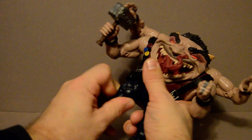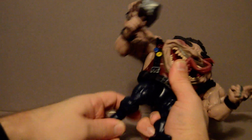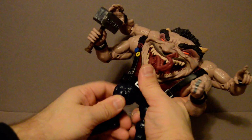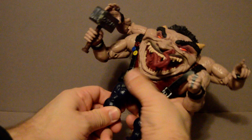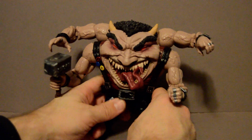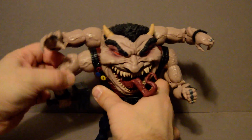He's got a thigh joint here on it, of course, and here, but it's also on a ball here. So it's easy to adjust it so you can keep the thigh lined up properly and still adjust the legs so you can make him stand proper. Same for the other one. His arms are the same way too, good joints, upper